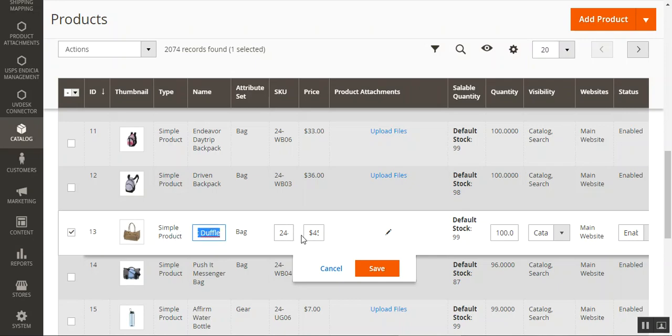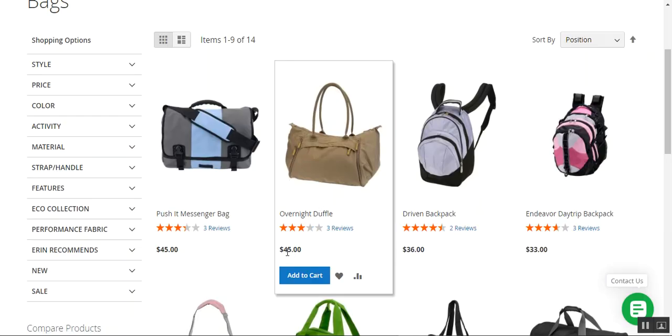Let me make it as test 1, and then we can also change the SKU and the price. It was 45. Let me make it 445. Here you can see that we have $45 and the overnight duffel.